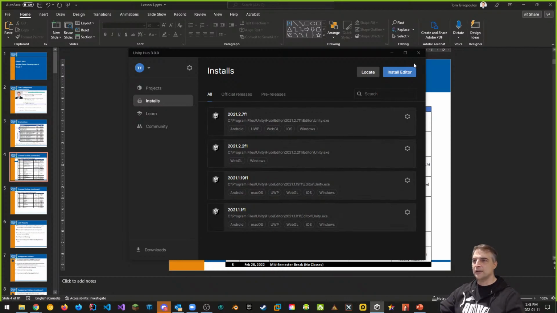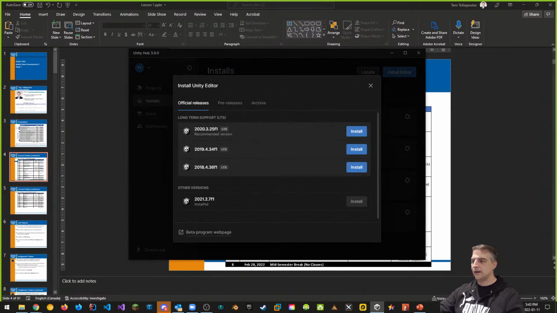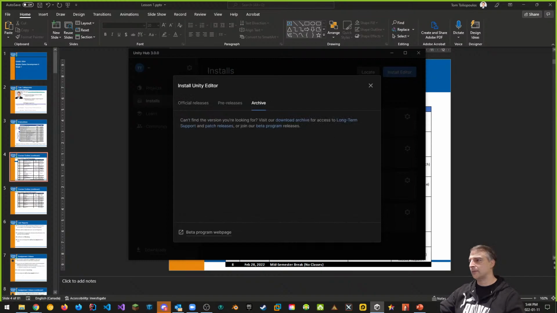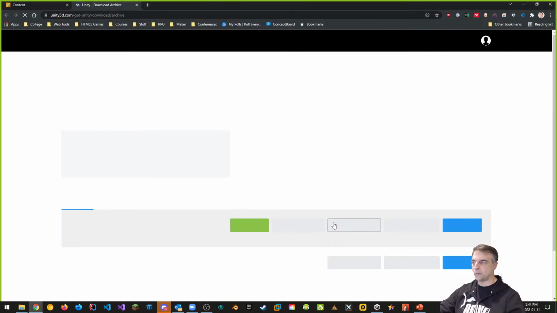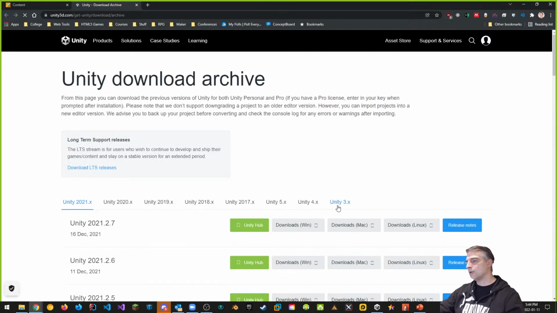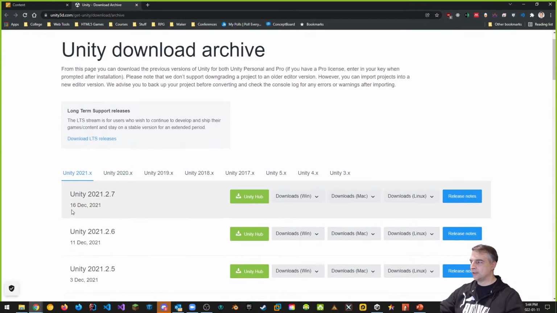So let's suppose, going back to install, let's suppose I install an editor and notice that it says 2021.2.7F1. That's cool. And let's suppose this isn't available anymore. If you go to the archive, like we've talked about before, the download archive should have all the latest releases of Unity for those people who don't know or don't remember. And look, this was released December 16th. I'm totally envisioning another release of Unity 2021.2 soon. We're not moving to that release. Whatever this release is, 2021.2.7, is the one we're sticking with for the remainder of semester. Okay, just letting you know.